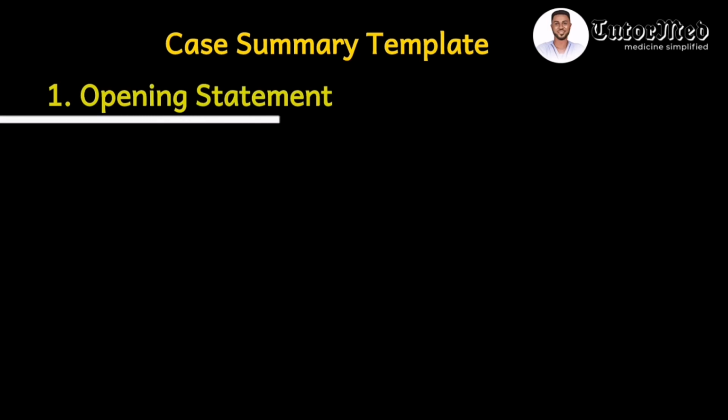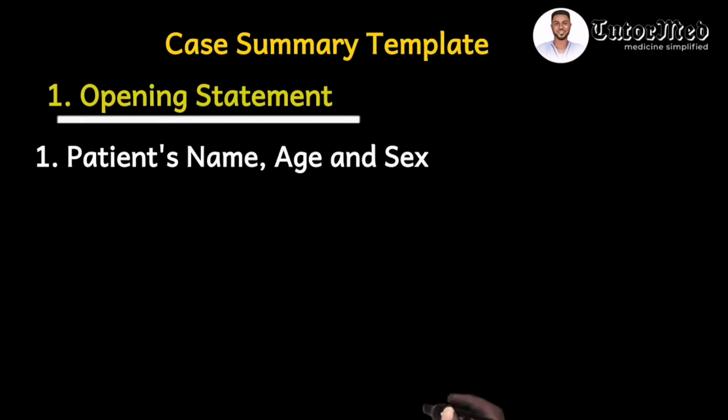And so let's see the tips for writing excellent or good case summaries. Tip number 1 or step number 1, please learn how to write opening statements. Now the opening statement is made up of the patient's name, the patient's age, and the patient's sex, and then